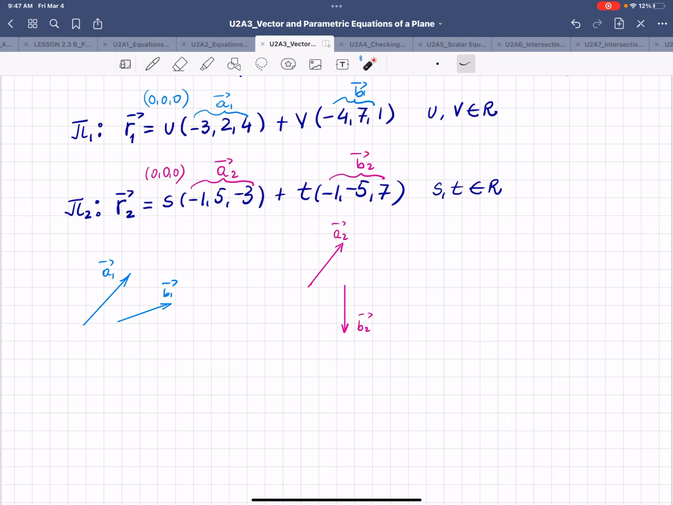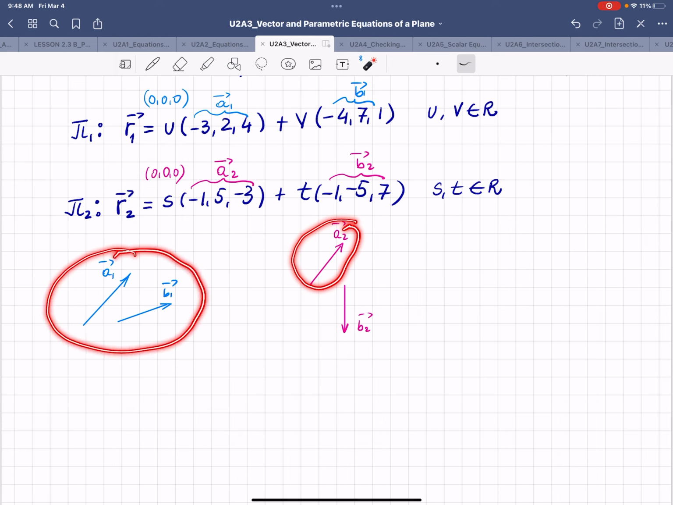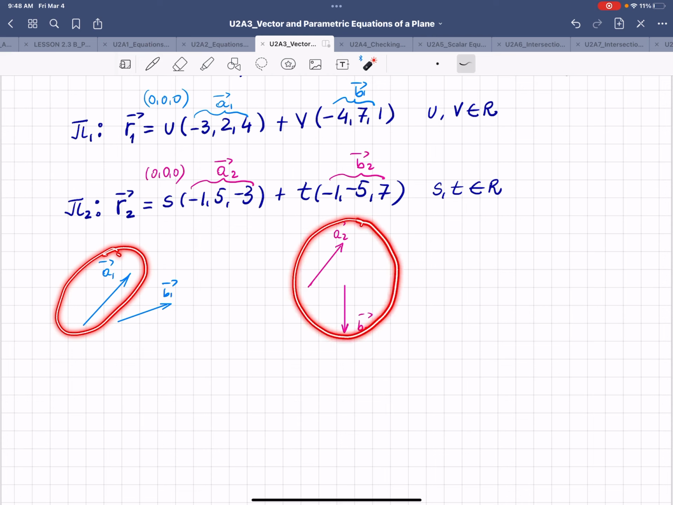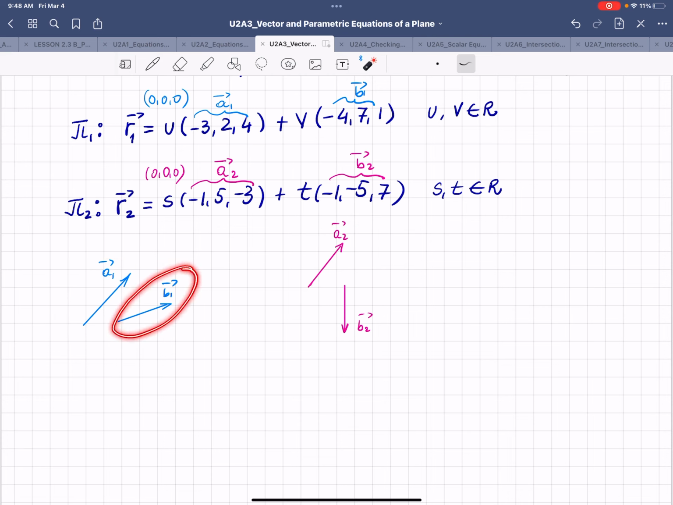If we want to prove that these two equations represent the same plane, then it is enough that we prove that A2 lies on the plane of A1 and B1, or B2 lies on the plane of A1 and B1. And similarly, we can prove that A1 lies on the same plane as A2, B2, or B1 lies on the same plane as A2, B2. Because if this is right, then A1 will follow B1, right? So in other words, or in simpler words, then we're going to say that